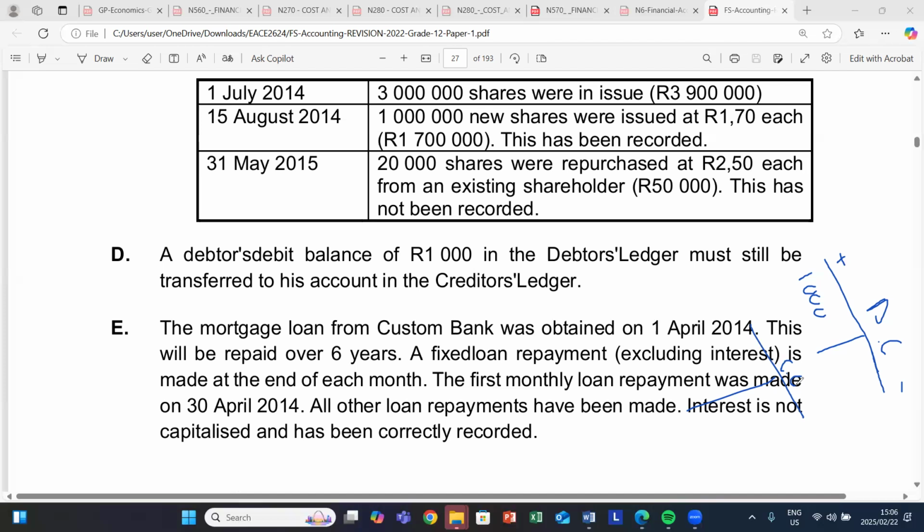Oh, you mean is it on the debit side or the credit side? Actually, we are applying the concept that for each and every debit side there's a credit, so I took it on the opposite side. Okay, so in our creditors control,